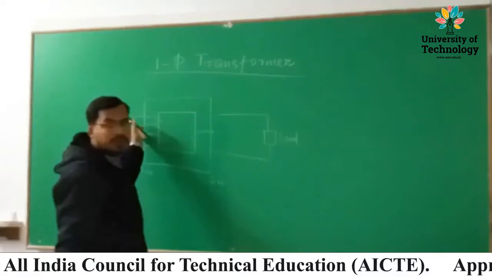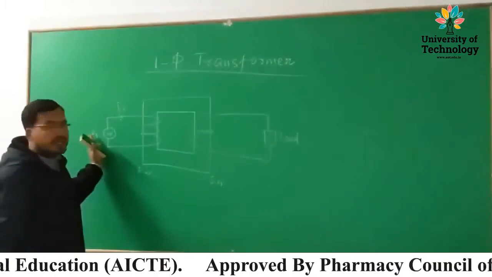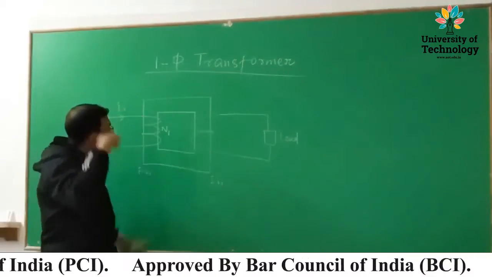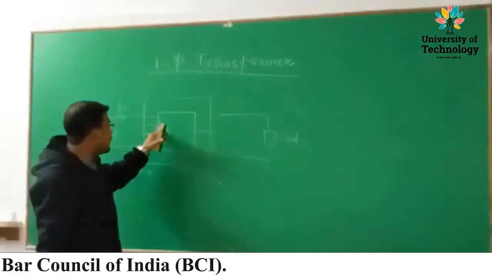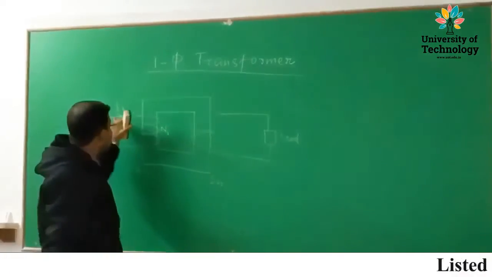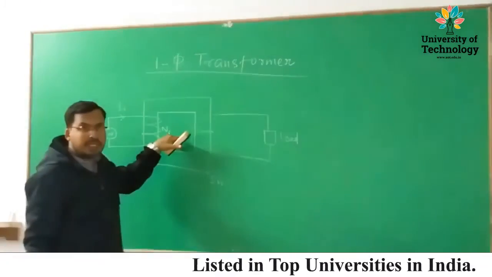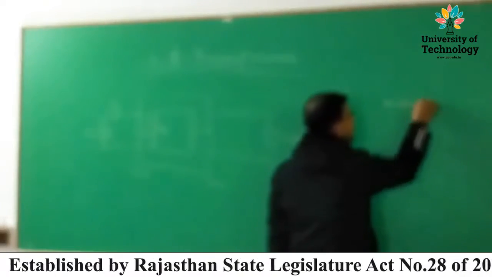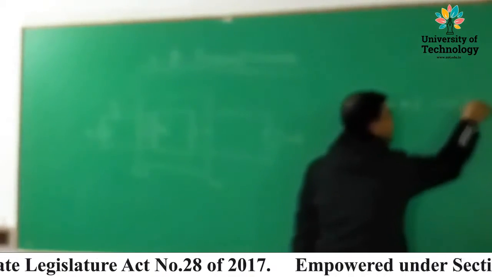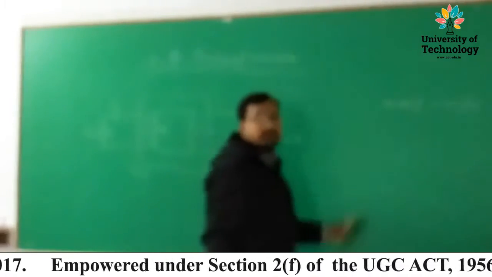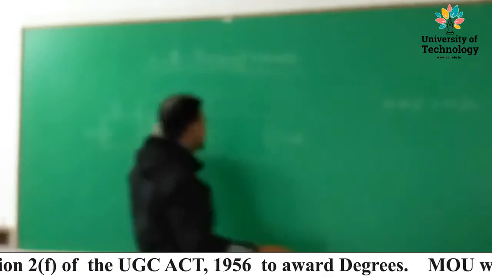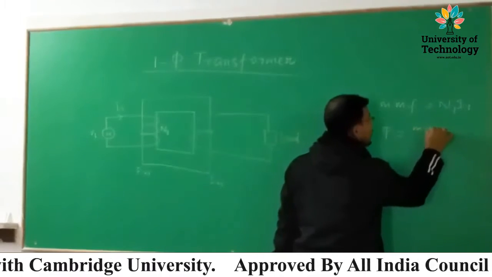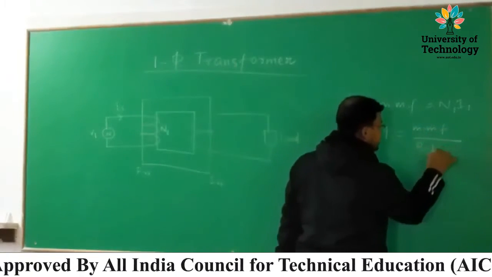Now once we are giving supply from the primary side with supply V1, it draws a current I1, and this current enters into the coil or winding connected on the primary side having number of turns N1. When this current enters the winding N1, it produces an MMF, magnetomotive force, equal to N1 into I1. Due to this magnetomotive force N1 I1, it creates a flux. Flux is the magnetic lines of force, equal to MMF upon reluctance.